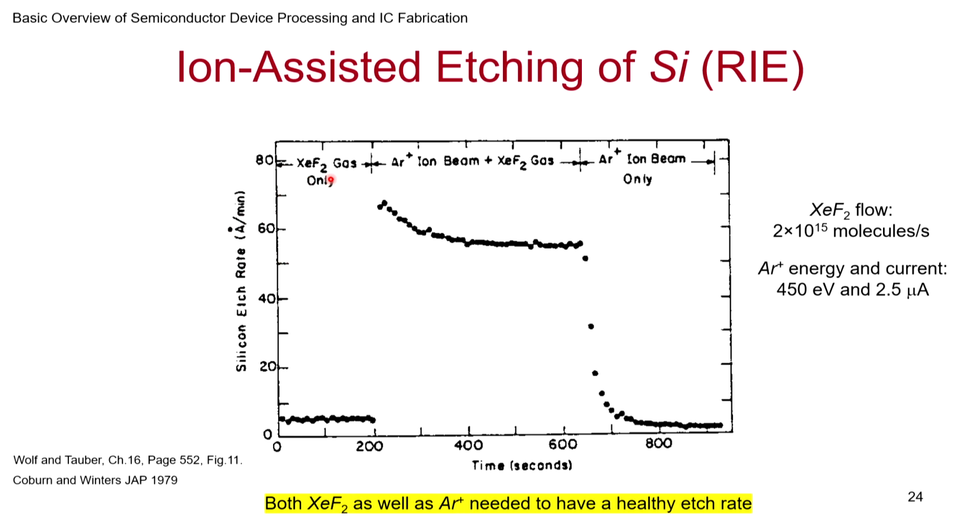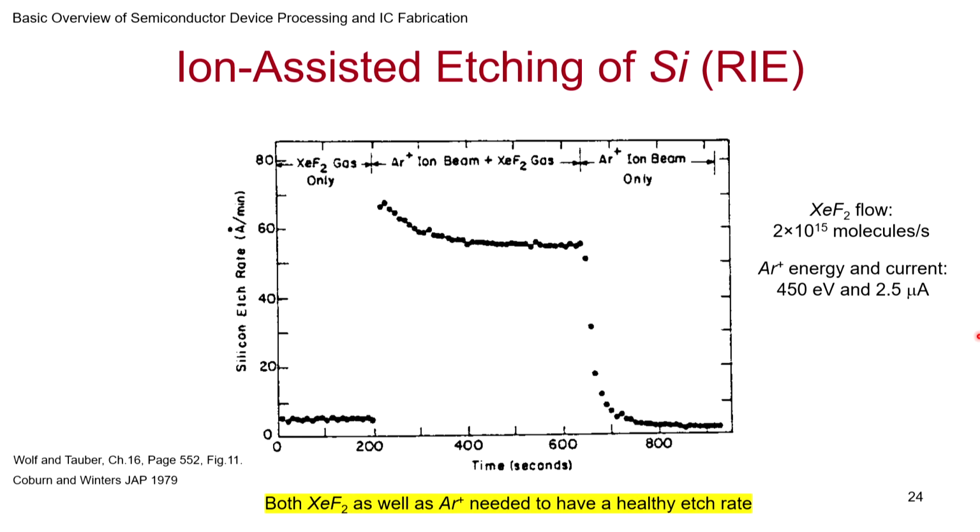So xenon fluoride is initially put in. Some amount of etching is taking place. Then you also start bombarding the wafer with argon ions. Suddenly you find a huge increase in the rate of etching. Then somebody comes and turns off the xenon fluoride supply. Argon is still bombarding. See, the rate has dropped down. It's very clear, and this is one of the early works that showed that this is possible. Xenon fluoride and argon combination is what is working.